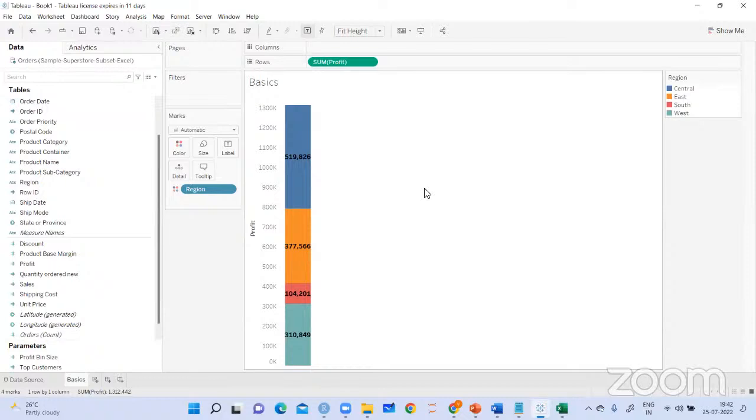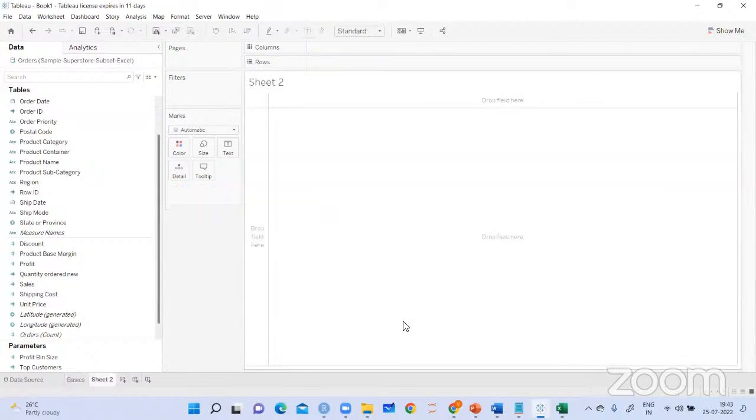So it is a very user-friendly tool that we are working with. You can save your work with Control S, or you can press it from here. And then if you want to add any new worksheets, you can click here, new worksheet, then you